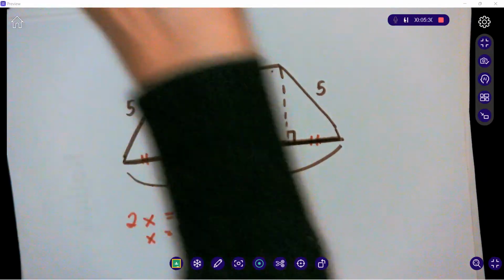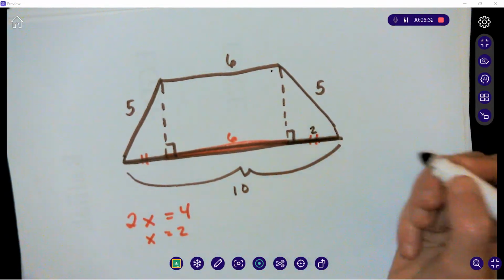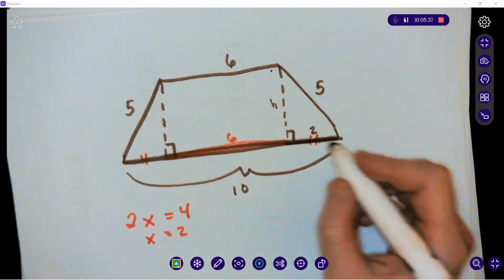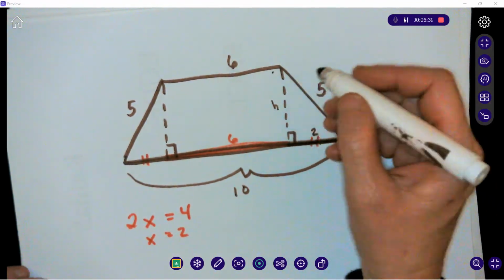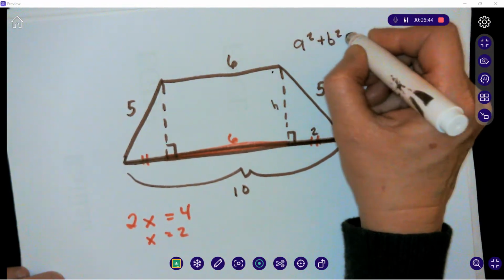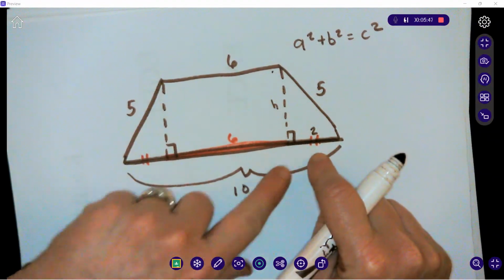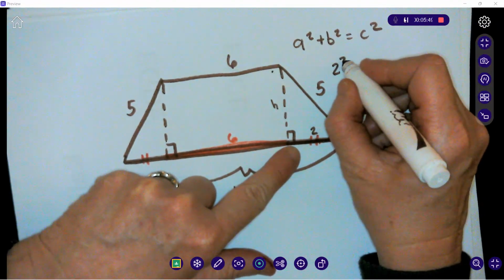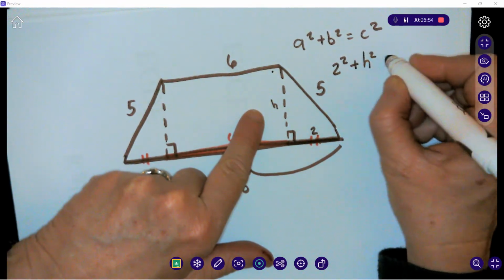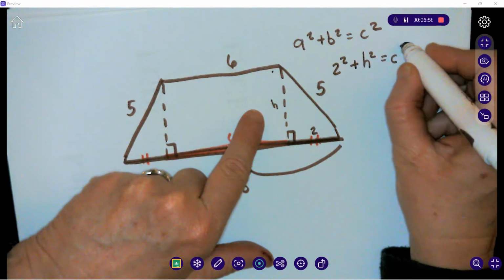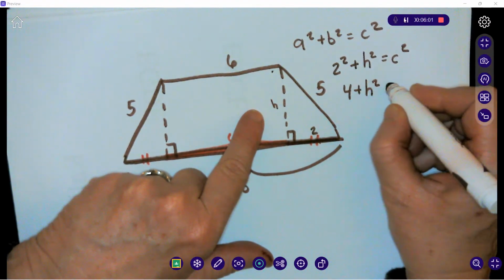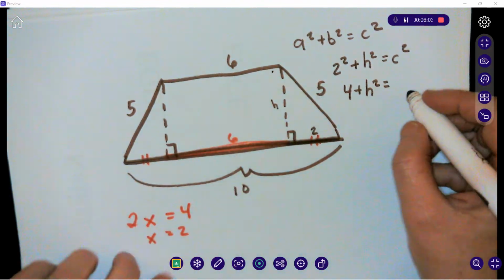So now we have enough information. If we know that this is 2, we can use the Pythagorean theorem to figure out what our height is. Remember, this is a right triangle right here. So the Pythagorean theorem says that a squared plus b squared equals c squared. So in this case, we have 2 squared plus b squared, which is our height, so we'll call it height squared, equals c squared. So 2 squared is 4, plus our height squared equals c is 5, so 5 squared